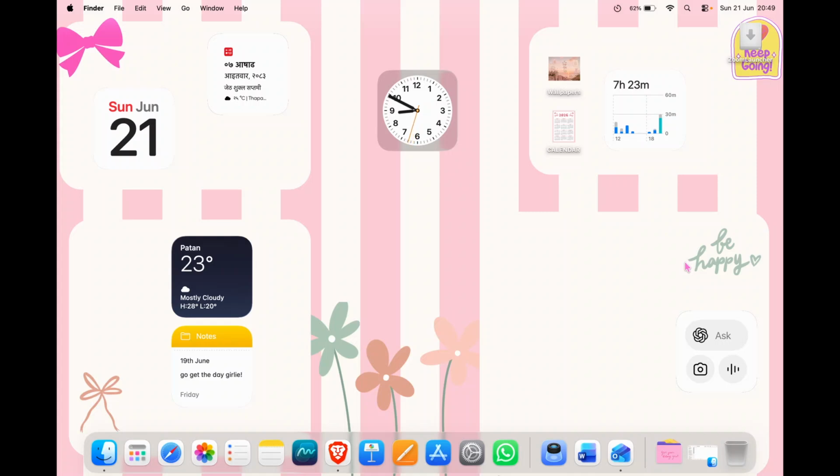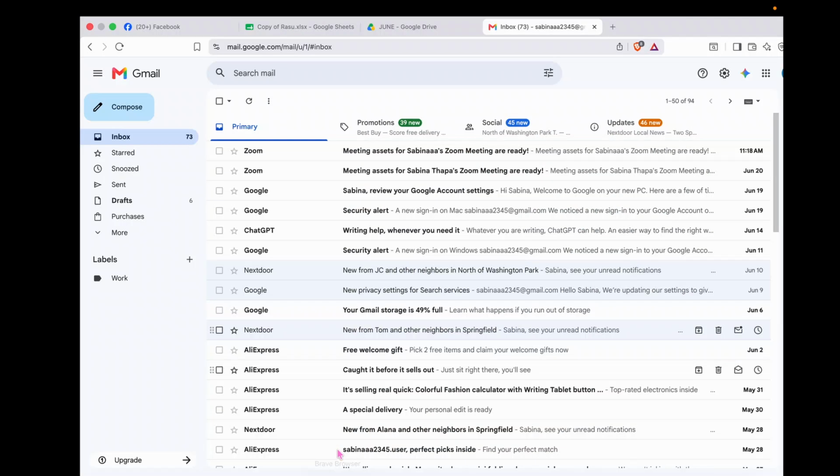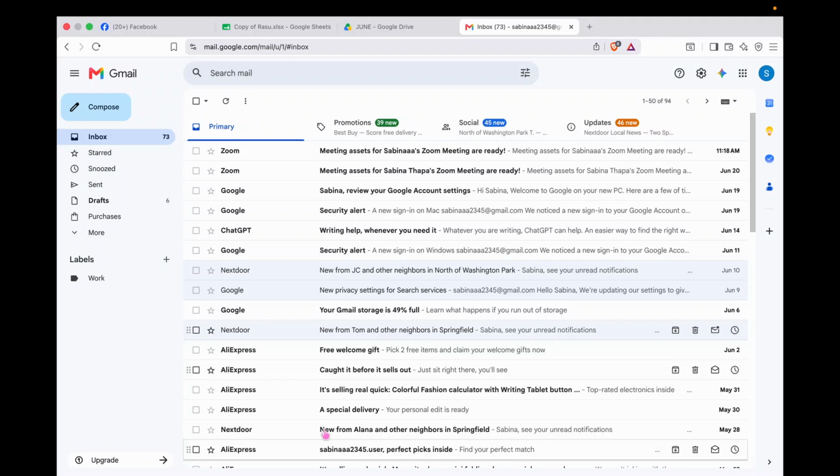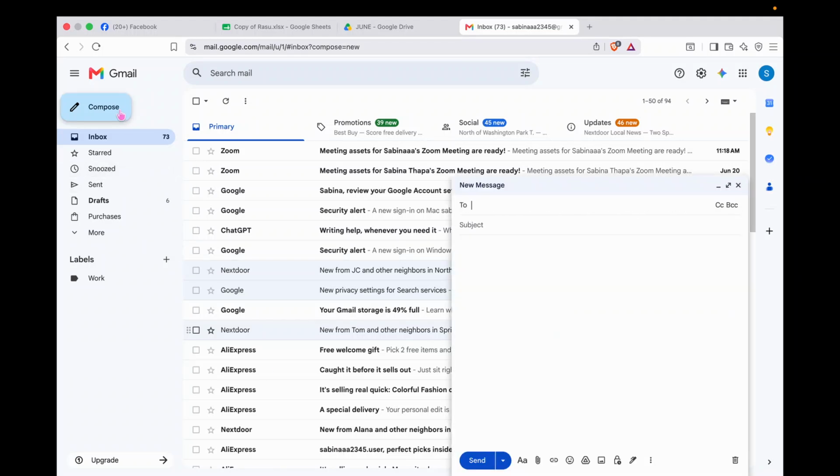Let's get started. Open up your browser, head over to your Gmail account. Now go to Compose in the left hand side. Now, let's say you want this particular email to be confidential, then you need to go to the lock icon that says toggle confidential mode. Click on it